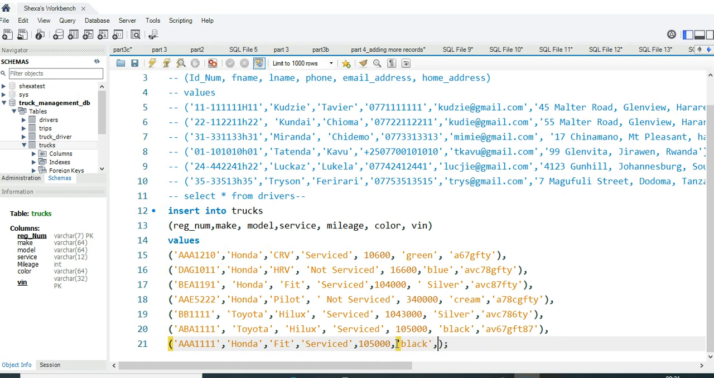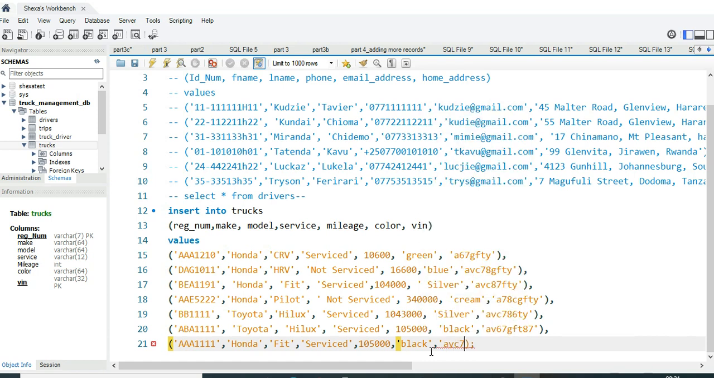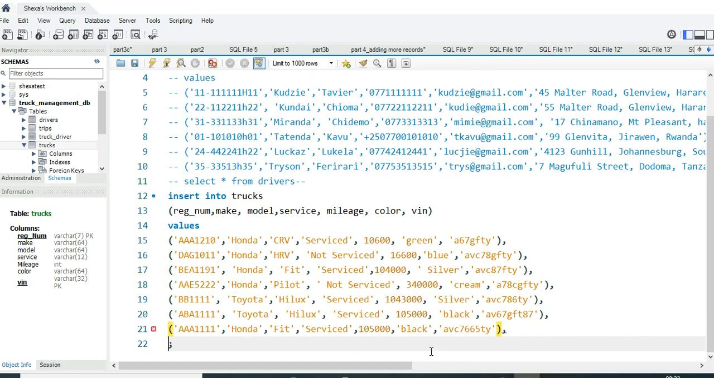Make sure that the VIN value is different or they are unique. So VIN, I can put... I'm checking with those that I have entered already, so I guess it's not going to give me an error. Alright,